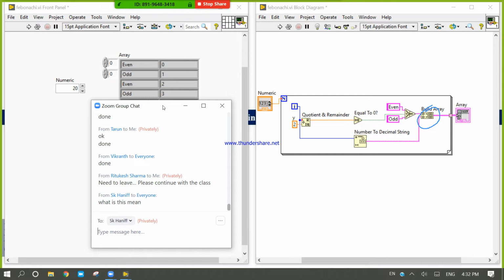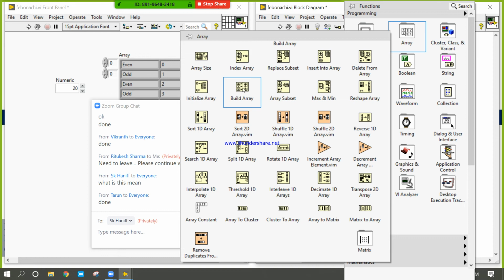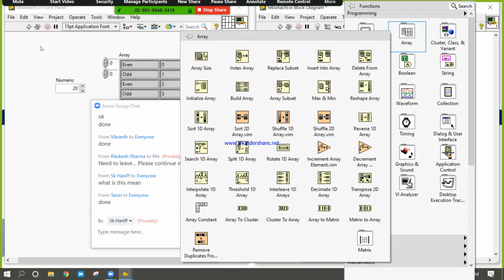That means build array. Right click, come to the array, first column, sorry, second column, first one. Second column, second one. Good.